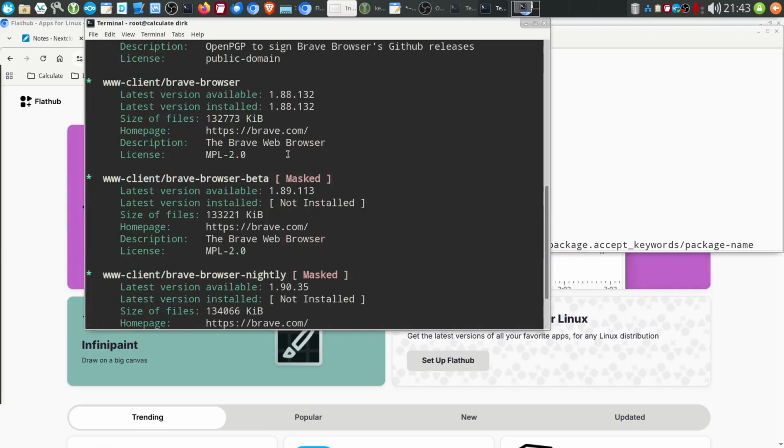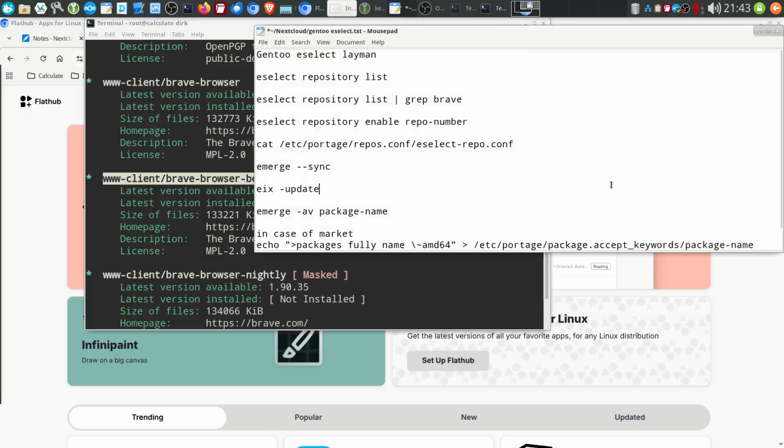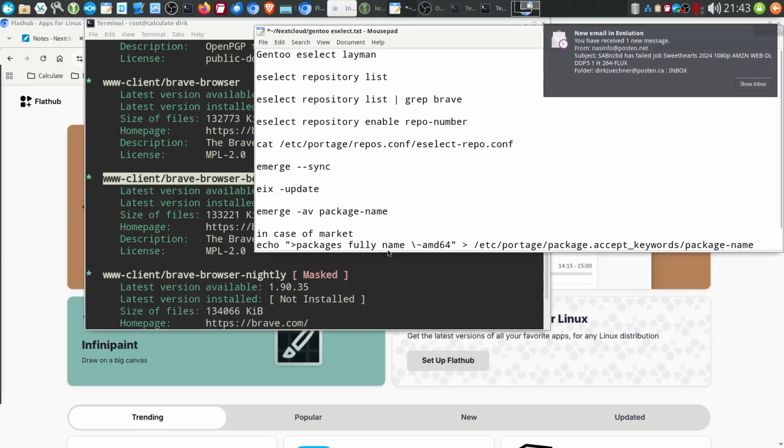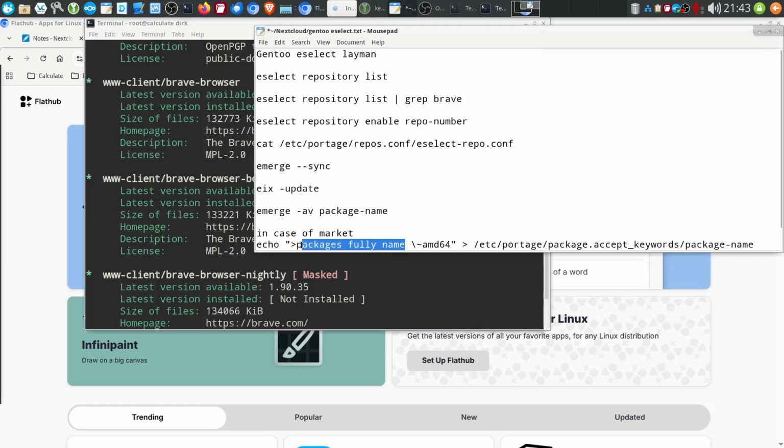Nightly, no, must. So see, if I want the must version, then I would use this here, the whole thing, and copy this as in where I called it package full name, right? So I would replace this with the name,